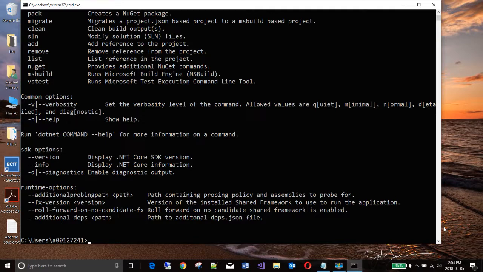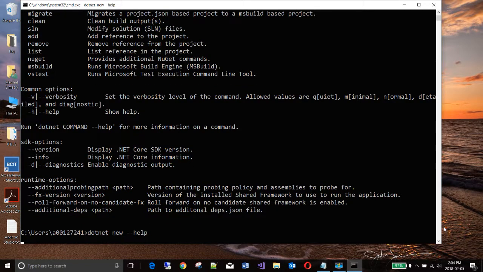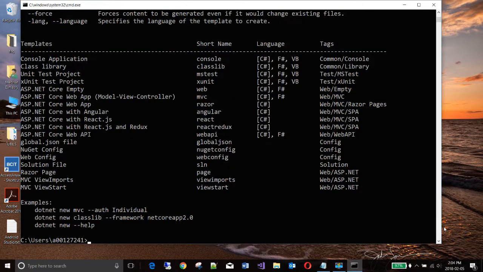So if you want to build a template for a new ASP.NET app, you would do something like this. You would do dotnet new, and at this point you can say --help if you're not sure of what templates are available. So if I do this, it comes up with this interesting list. And this is the list of templates that we have today. For example, if you want to create a class library, it would be classlib. If you just want to do a console app, it would be console. If you want to do